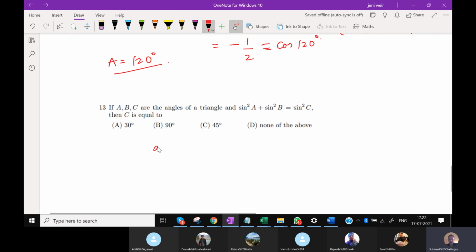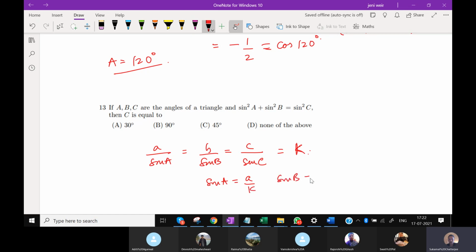So we know that a by sine A is equal to b by sine B is equal to c by sine C. This is true for any triangle. And let this be equal to k. That means sine A is a by k, sine B is b by k, sine C is c by k. Therefore, sine square A plus sine square B would be a square by k square plus b square by k square, equal to sine square C, which will be c square by k square,